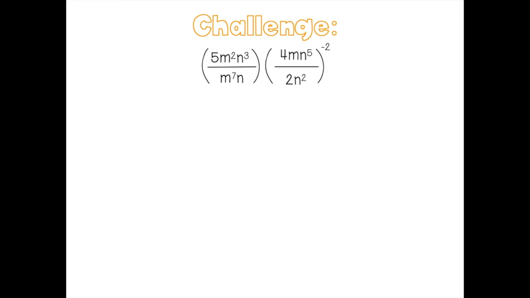All right, so how are we going to go about this problem? The first thing that I want to do is I'm actually just going to ignore that first set of parentheses right now and only focus on the second piece. And I see that there's a negative 2 that I need to give to everything inside those parentheses. So real quick, I'm just going to write the first one down and give that negative 2 to every piece inside that second set. Remember, when you raise a power to a power, you multiply,